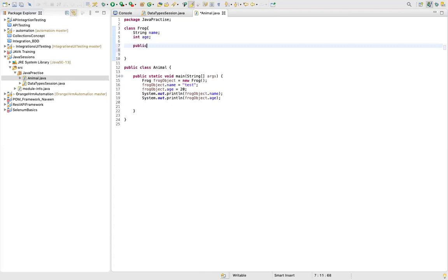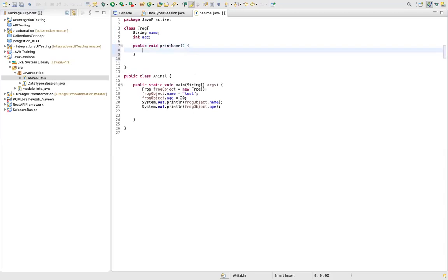How do you create a method? Public, let's say void, I'll say print name. Let's just assume print name is a method. What does this method do? It prints the name. If I want to access name here, it is in the same class, so I won't use an object. I do not have to create the object because I am in the same class.